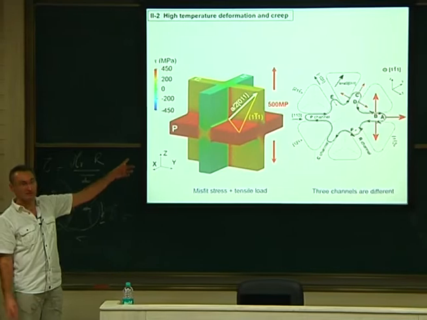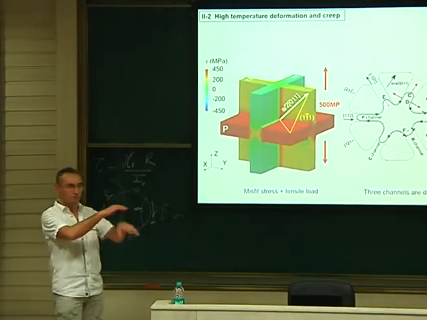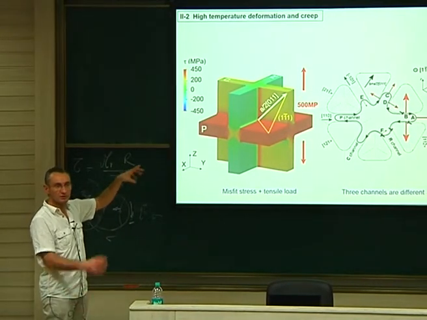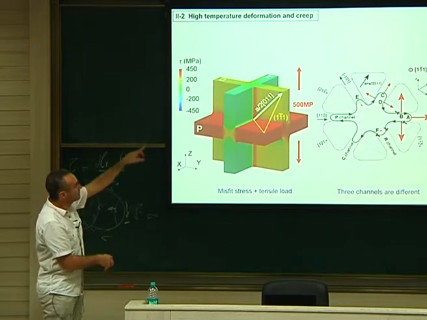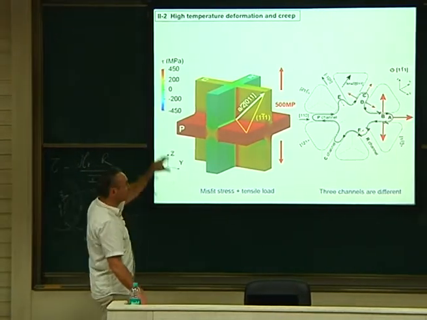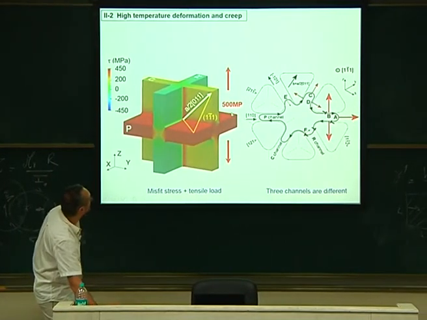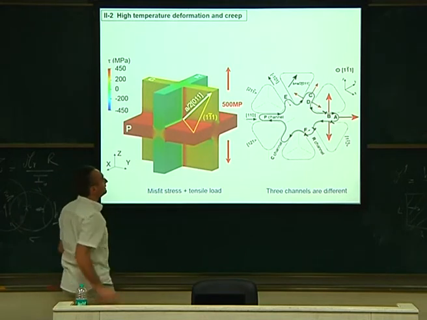So this is the same scheme as I showed you before. Remember, I told you that if you look at the channels between the gamma prime, do you remember this picture here, or do you want me to show again the 3D view? Everybody see what this means? This is just the channels between the gamma prime particles, which have been removed here for visibility. But the gamma prime should be here, there, and there. So it's a periodic cell, so you make it periodic everywhere.